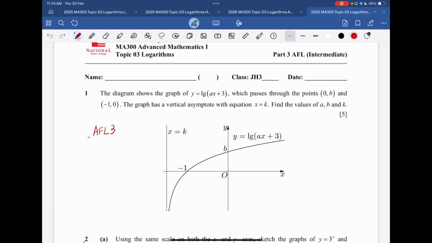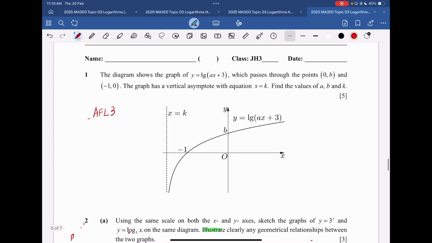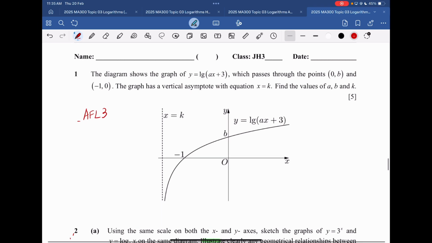JH304, 20th February, Thursday. Okay, so now I'll be going through AFL3. First, there is the log of ax plus 3. Okay, those who are done. Okay, the answers here are pretty